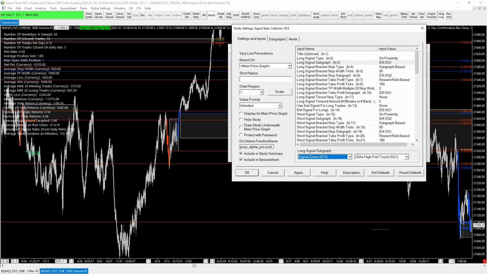And I think if you can find reasonable rationale for why there's a risk premium here that you're picking up, I think it can give you some confidence. Okay, so we want to do this the other way. So I want to do zone 4, low first touch, because I want to fade the